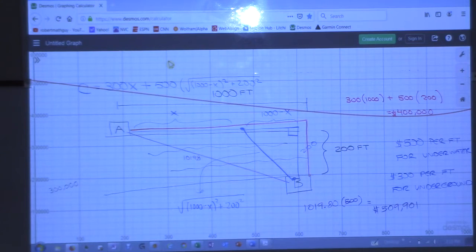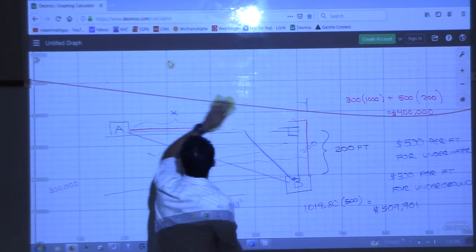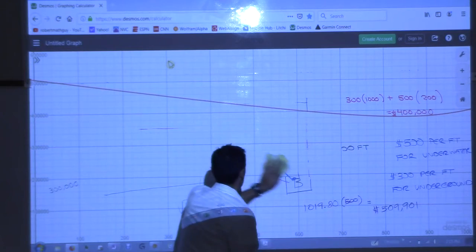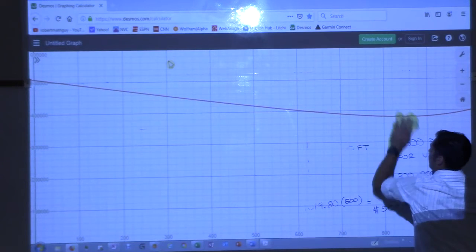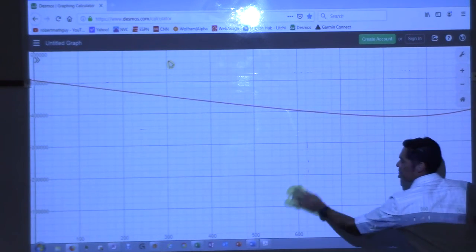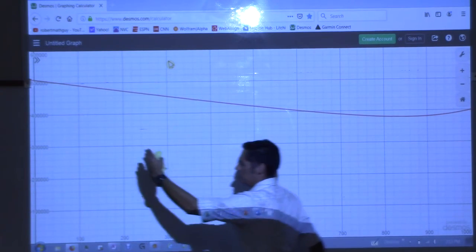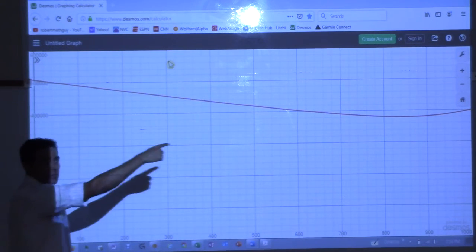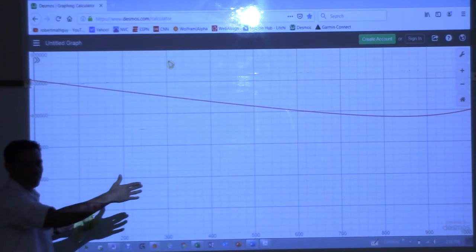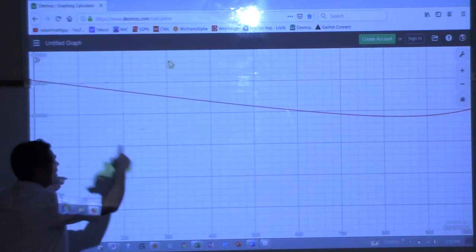Okay, what you're looking at right there is a picture of that graph. I'm going to erase all this out of here. That is a picture of the function I just put up there. What point on that function are we interested in? The lowest point on that function, right? Here's 0. Remember, x was the distance we go downstream. If you go past 1,000, then you shouldn't have a company. So from 0 to 1,000 is where we're looking, and we're trying to find the lowest point on